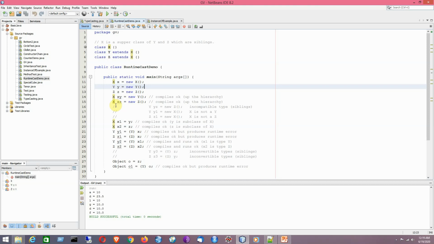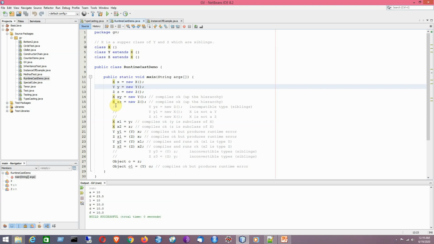So here we have some rules for compilation and for runtime. The compile time rules are there to catch attempted casts in cases that are simply not possible. This happens when we try to attempt a cast on objects that are totally unrelated, that is, not a subclass-superclass relationship or a class-interface relationship. At runtime, a ClassCastException is thrown if the object being cast is not compatible with the new type it is being cast to.